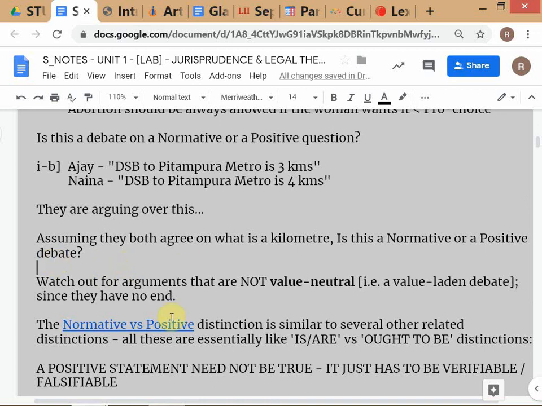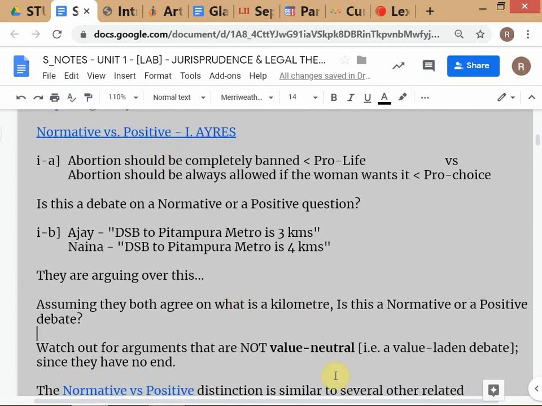So the point of understanding this is that you might realize now, if you look back on your life, that what we're trying to tell you is to be careful about arguments which are not value neutral. So be careful about the usage. The abortion debate is not value neutral.